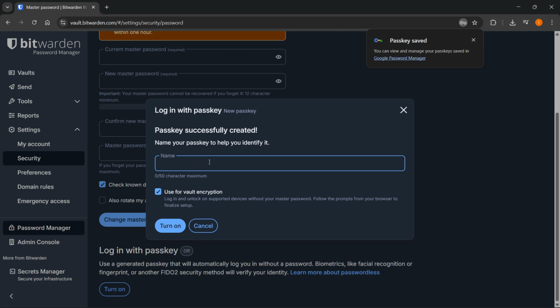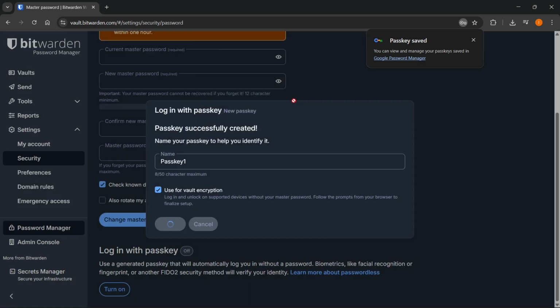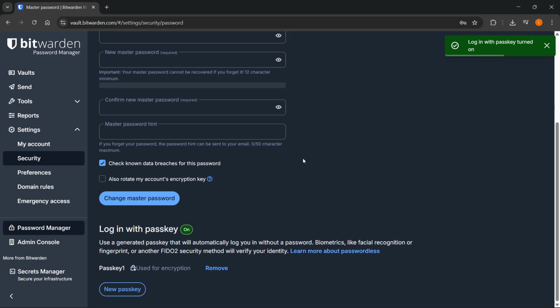And then you can name your passkey to help you identify it. I'm just going to name it passkey1 over here. And then here you can also use it for vault encryption if you want to. I'm going to turn this on and then click on turn on. And just like that, you will have to verify your PIN again. Click on next. And as you can see, I've successfully basically turned on passkey